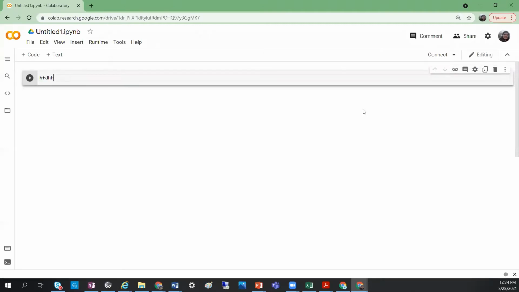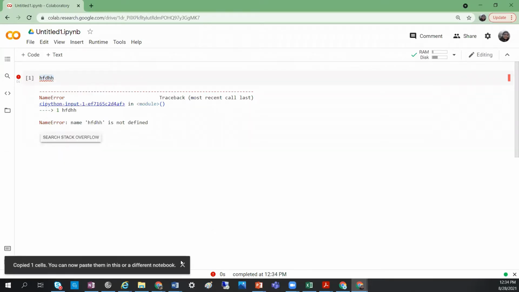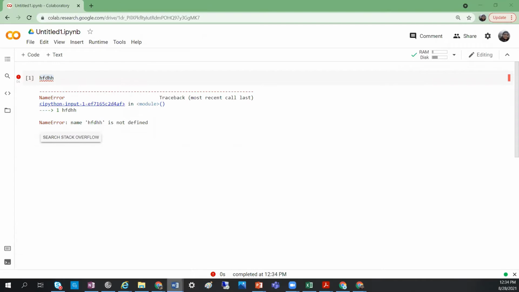So here, I have written this code, whatever the code is. You copy the whole cell like this. You right click and copy cell. Here it is. Once you do this copy cell, it will copy as text. Now what you do is